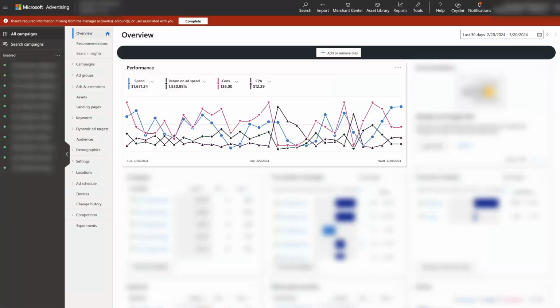Google Ads versus Microsoft Ads. Which one is better? Which one should you be using? Let's talk about it. Now, if you haven't already used Microsoft Advertising, you'll find that it is set up very